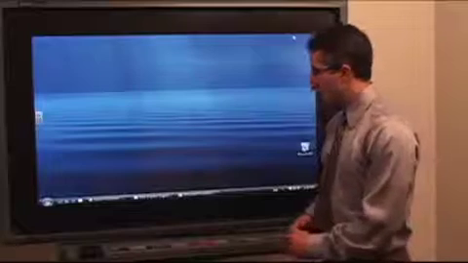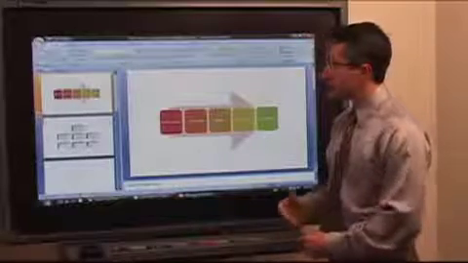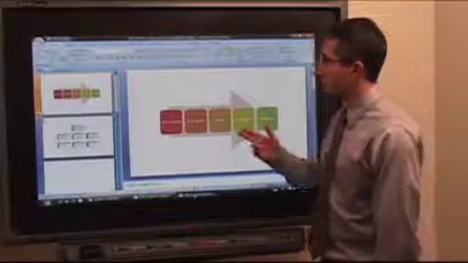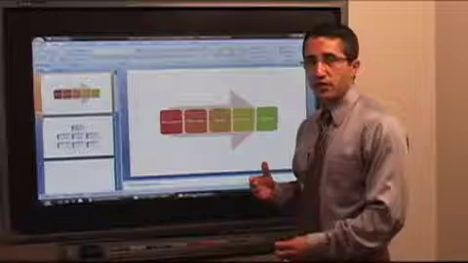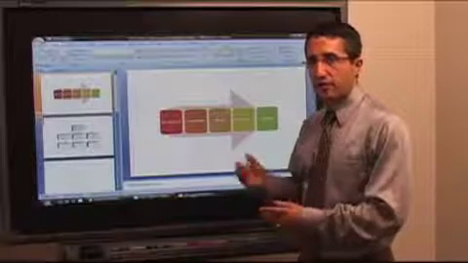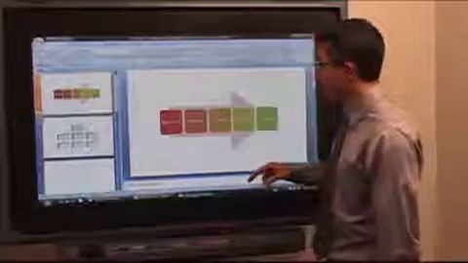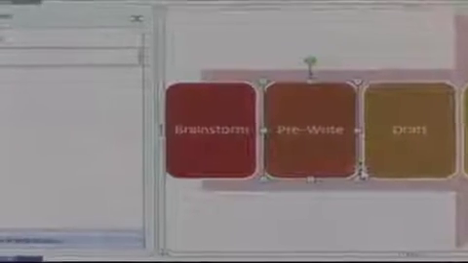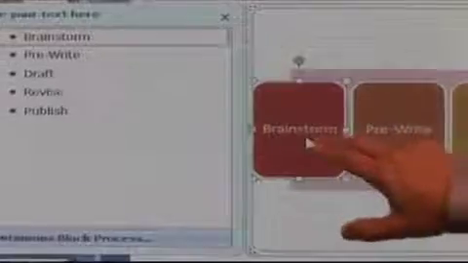The first program I'm going to show you is PowerPoint. Specifically, it's going to be the Smart Art. And Smart Art is in all Office programs, Word and PowerPoint. I'm going to be showing you in PowerPoint right now. I have a graphic organizer of the writing process right here, and I'm going to select it. And notice that when I choose any one of these, it shows up on the area that says type your